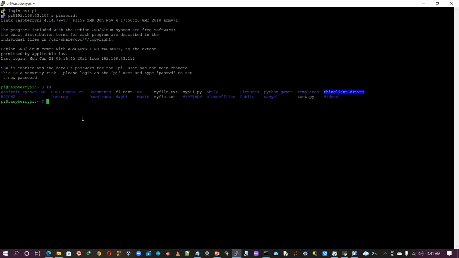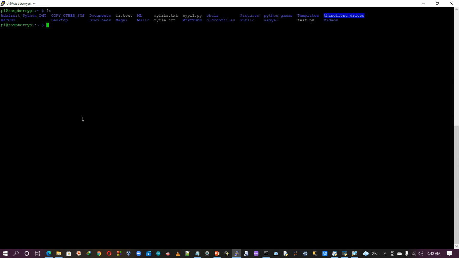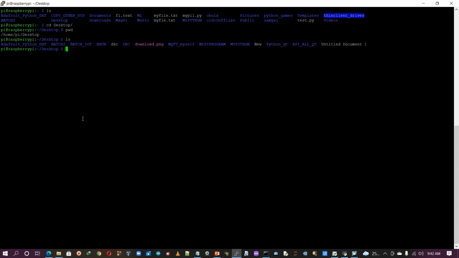Here pressing ls, pwd, ls -l, each and everything. Clear, clear. So many things we have. Suppose I want to jump into the desktop, so cd Desktop. Now I'm in the desktop, so pwd. What are the contents in the desktop? So many things. This is the way to get that.